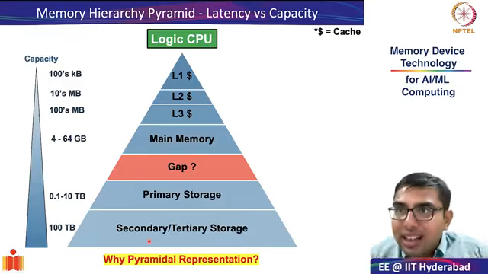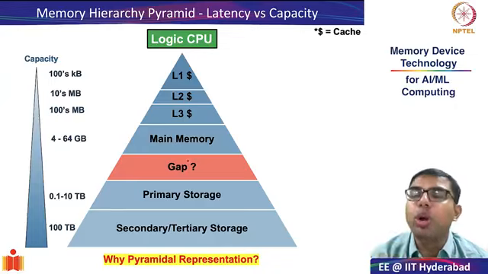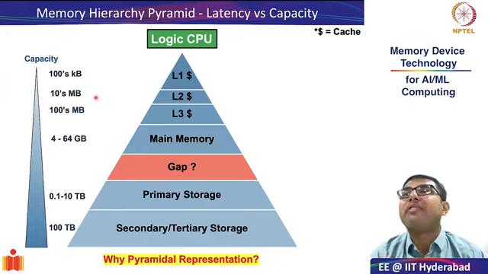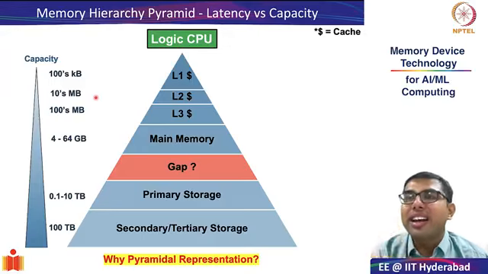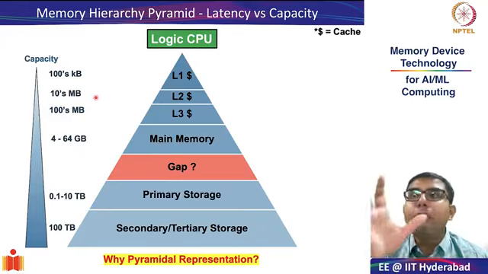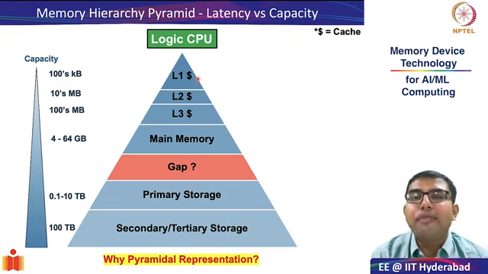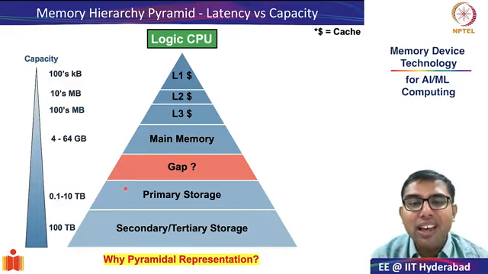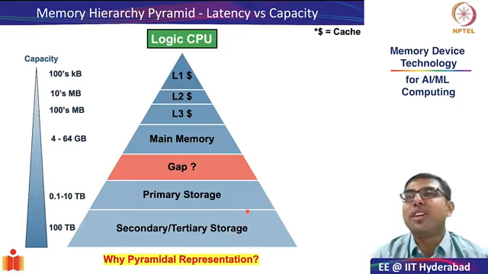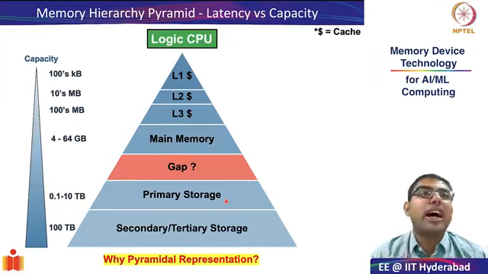So as you go further down in the memory hierarchy, because the amount of information that you want to store increases, you have to have elements which have higher and higher capacity or higher and higher bit density. Okay, this is the meaning of the pyramid. That means that the base of the triangle at every element is indicative of the bit density, right? Smaller the base of the triangle, smaller is the bit density. Higher the base of the triangle, the size of the triangle, the area of the element, it means that higher is the